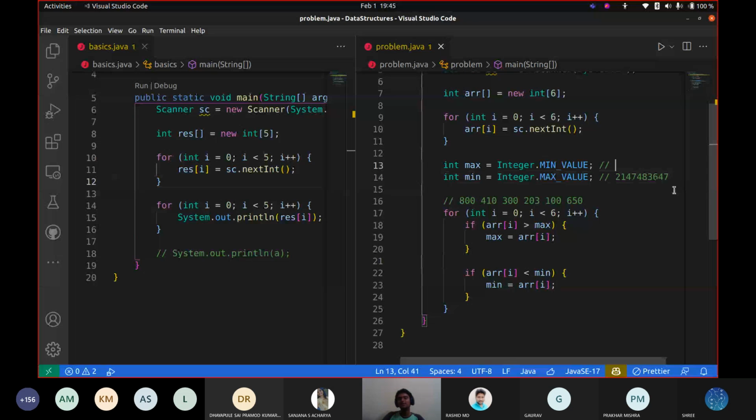So see, what happens is we have set the max variable as this thing, and we have set the min variable as this thing. So you can see that this is a very small number, this is a very big number. And for the array, we have given these inputs. So basically what this piece of code does is, it compares this minus